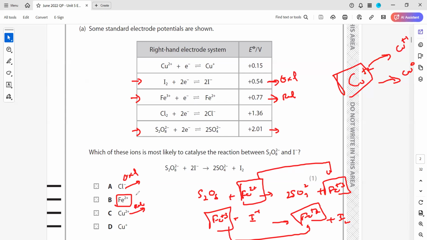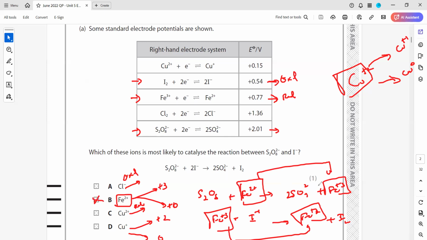But what should happen to be a catalyst? Like iron 2 can be iron 3, it means oxidation can happen, or it can be iron +1 or 0, it means reduction can also happen. For copper 1, it can be +2, oxidation happens, or it can be 0, reduction can happen. So that's why we check. So with iron 2,